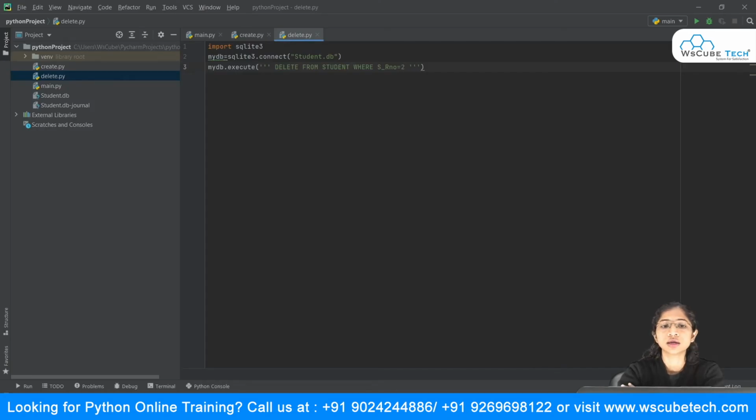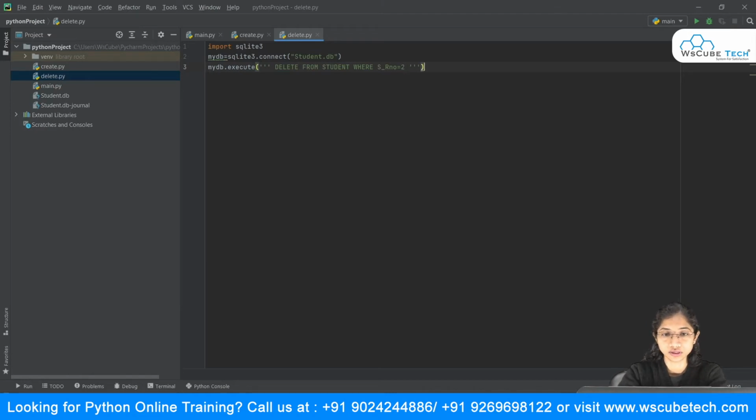So this is the delete statement which I have written here in my Python: delete from the table named student where s underscore r number is equal to 2.